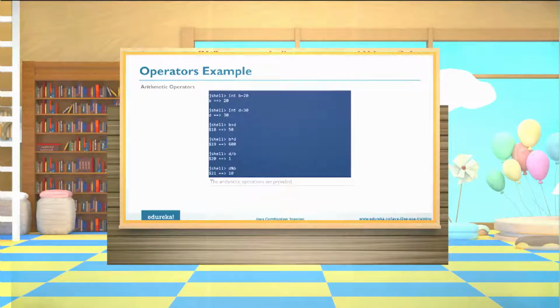Now let's see the arithmetic operator. You have b which has value of 20. We have d which has value of 30. So when you add it, it gives you value of 50. When you multiply it, it gives you the value of 600. 30 into 20, which is 600. When you divide 30 by 20, you get value 1. And when you have mod, which is like remainder, 30 mod 20 gives you